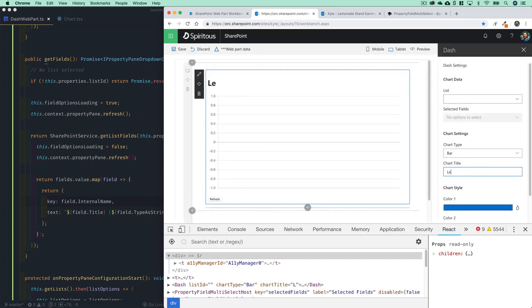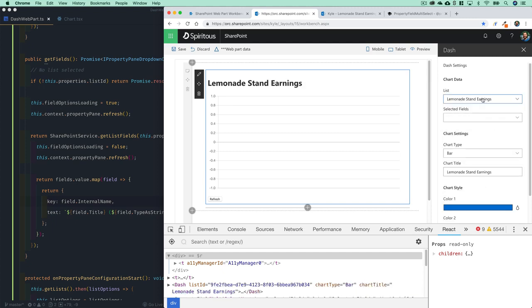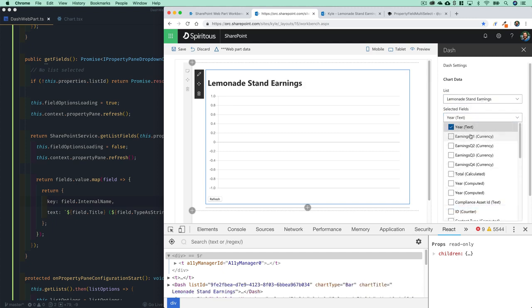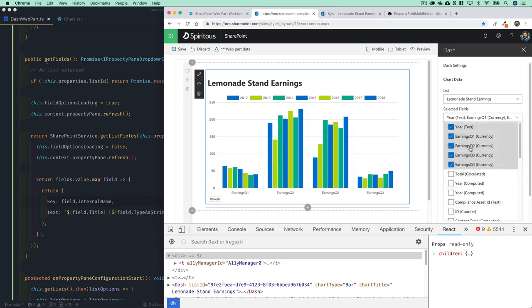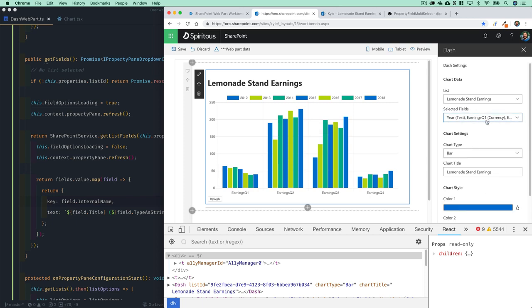So we will have lemonade stand earnings. It's a bar chart. We'll select from the lemonade stand earnings list. We'll have year and then each of our quarters selected. And let's go over here and hit refresh. And sure enough, there we go. We have a dynamic chart that can pull in any data that the user selects using this select fields dropdown